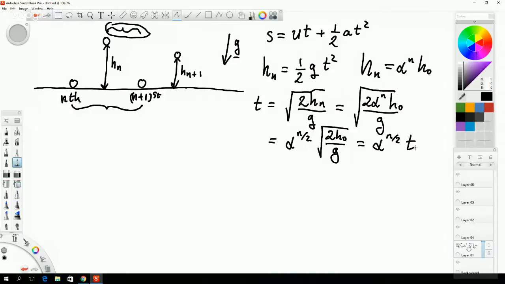an expression like this. Okay, so in the same way that we had the maximum height after the nth bounce just in terms of h naught, we have this time just in terms of t naught and alpha. This was just the portion that I've highlighted in the curly braces on top of the diagram over here.